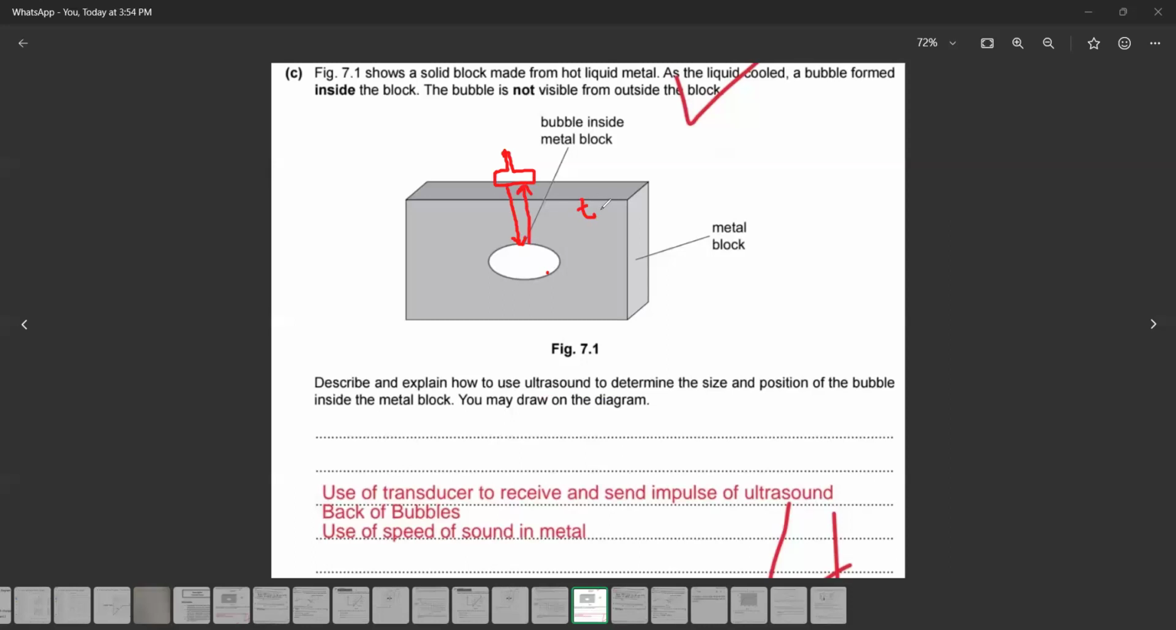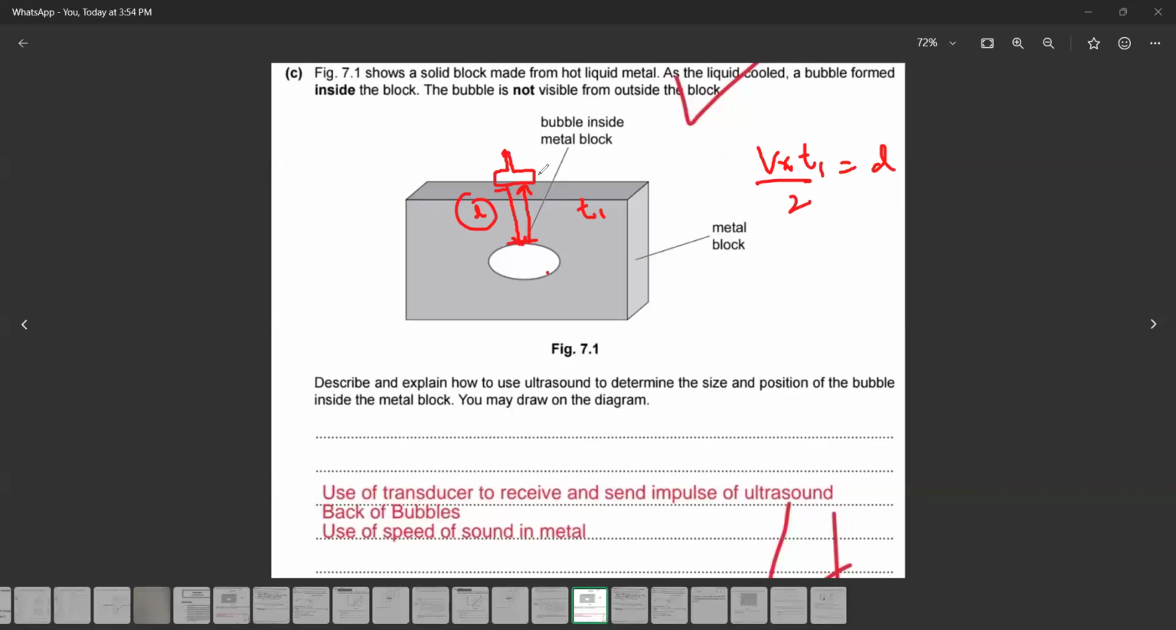So it sends the signal, the signal strikes and bounces back. We record how much time it takes to return. The speed of the ultrasound in the metal is known, and the time for receiving is divided by 2. So we will know how far the distance is, the distance from the detector to the bubble. That's what we do. So we place the transducer,